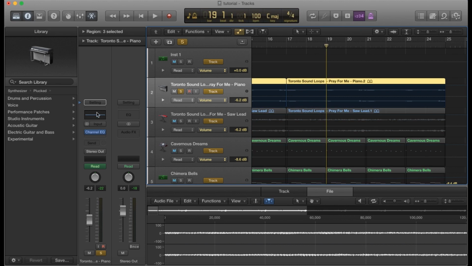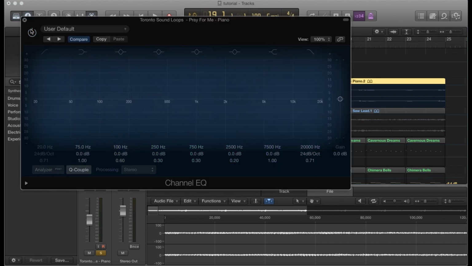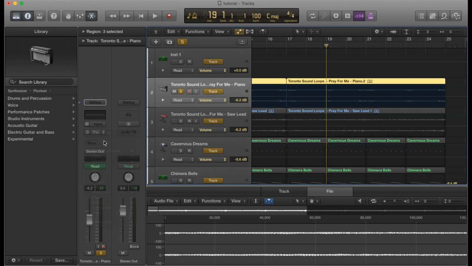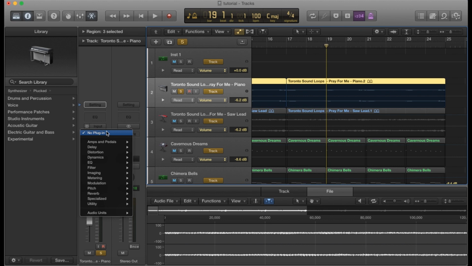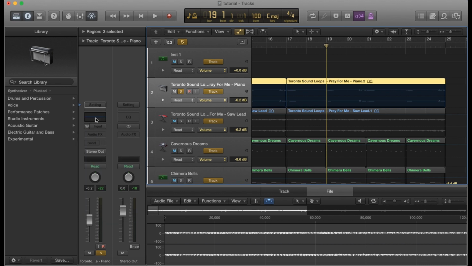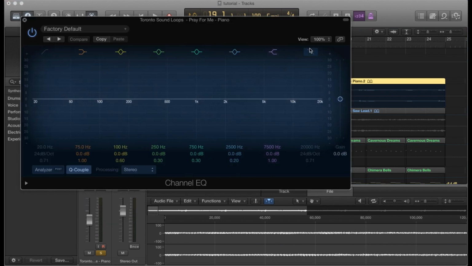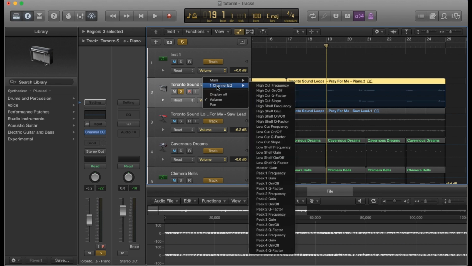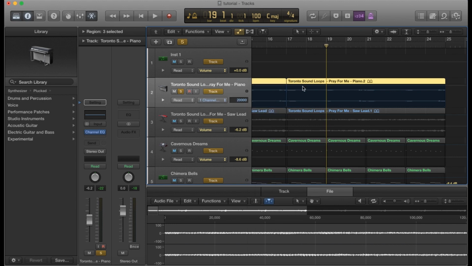out, and if the EQ looks like this, so if there is no EQ, there's no plugin or whatever, you will want to add the EQ. You could do that by just clicking on this. It'll add the EQ for you. And you want to turn on your high frequency. You're going to change this to high frequency cut or high cut frequency. And we're going to select the area, and just by clicking on it. And now we have this blue line. That'll indicate what our frequency is set at